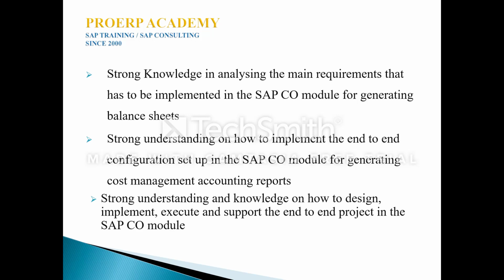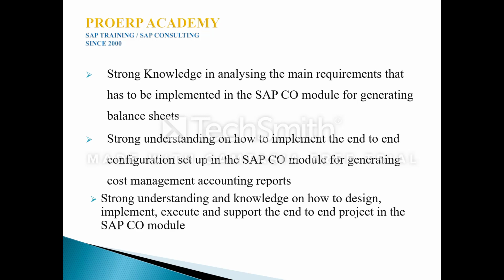Because as we have already discussed, once after getting the inputs from different business applications like product costing and controlling, similarly from controlling and profitability analysis, similarly from planning and budgeting, similarly from cost center and profit center accounting, and based on the different input entries like different credit and debit entries, we are able to generate the reports based on the requirement.